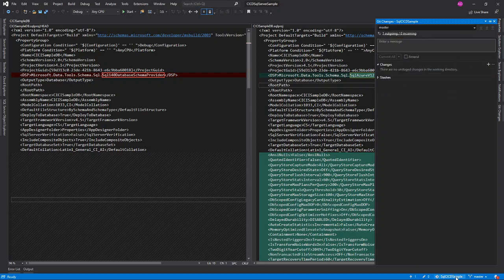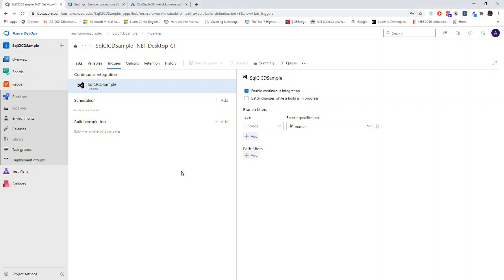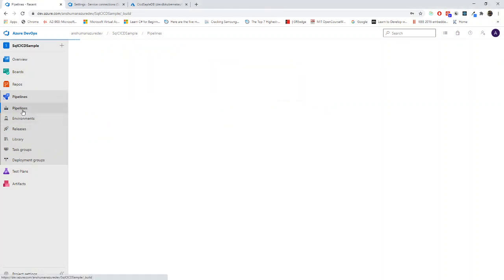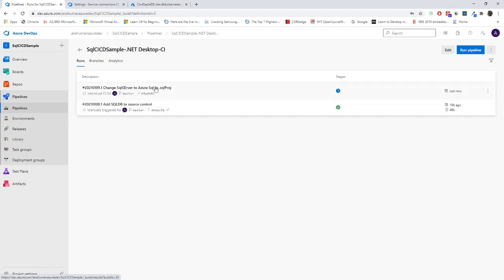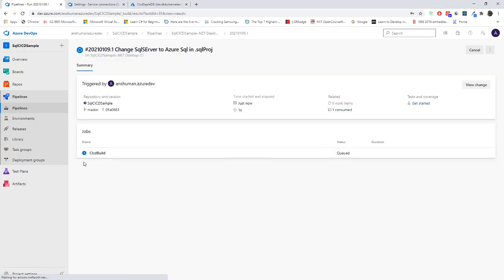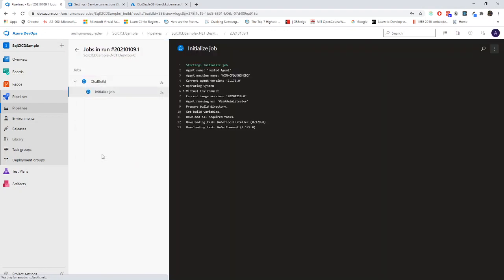Once this is merged to my master branch, I will check whether our continuous integration got triggered or not. That would be a good example. Now I will go to pipeline. See, just now it got triggered. It's in the queue. I'll go over here and we will check.